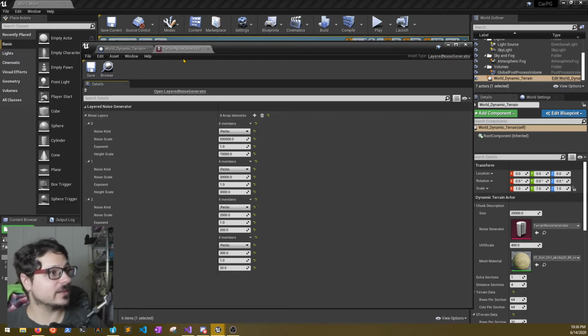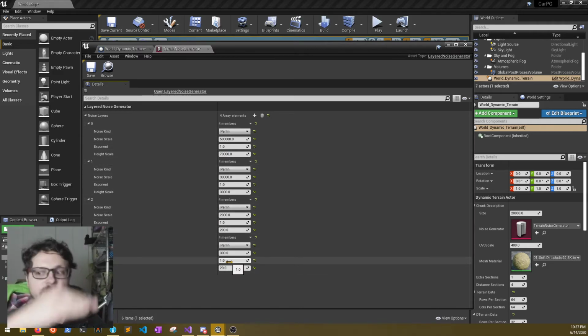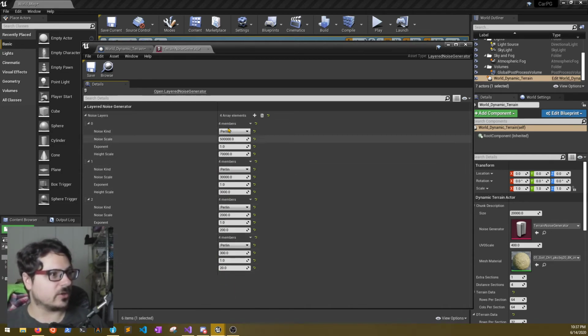Anyway, this terrain noise generator is a layered noise generator, and basically it allows you to specify some number of noise layers. Ultimately I might add in different types of noise, but you set the scale of the noise, an exponent, which technically isn't used, but I want to use it, and then a height scale for that layer. It basically generates a vertical elevation floating point number by combining all of these things together,